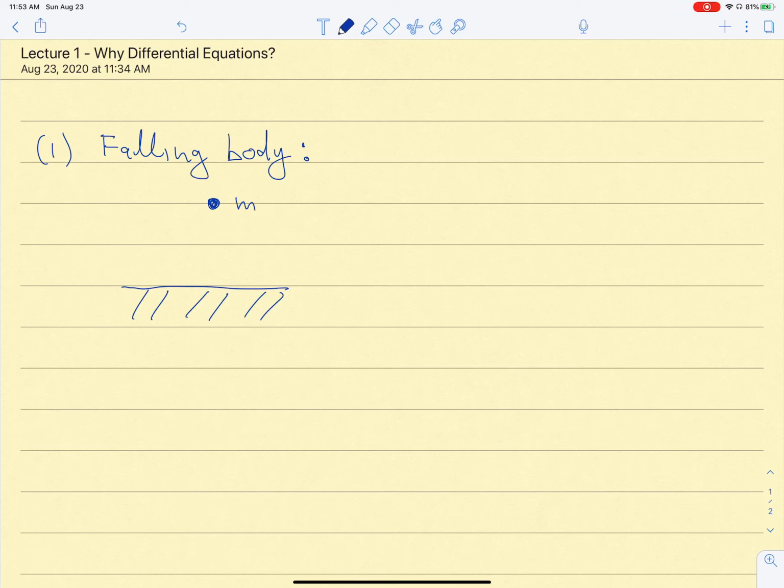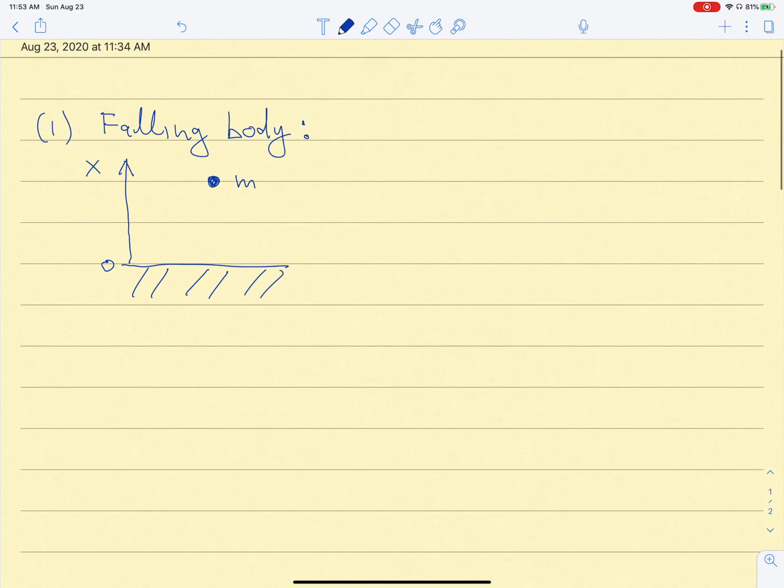Now, in this case, the position of the body is given to you by its height because it falls straight down. So we're going to introduce a vertical axis x, and x equal to 0 is going to correspond to the position of the ground. So then the position of the body at the time t,